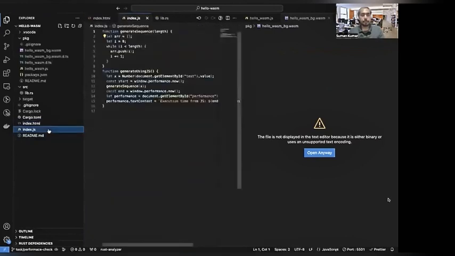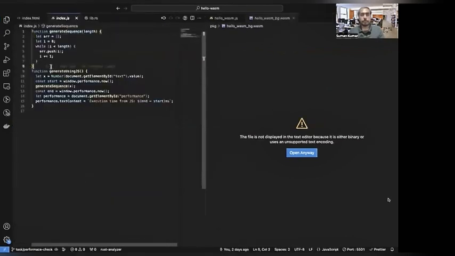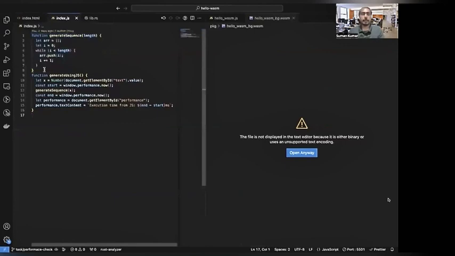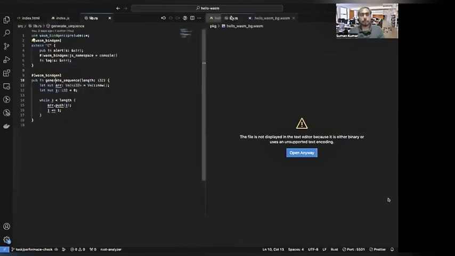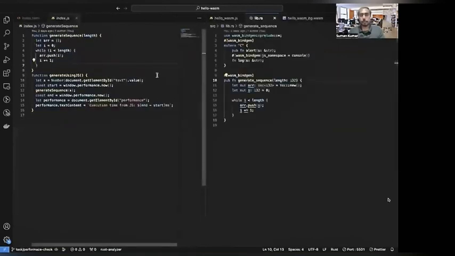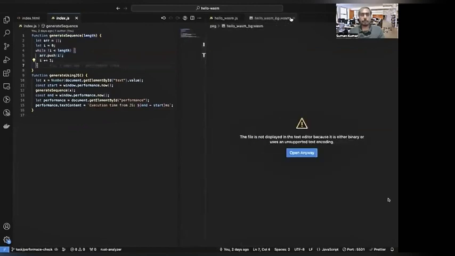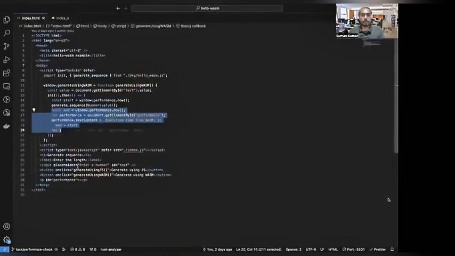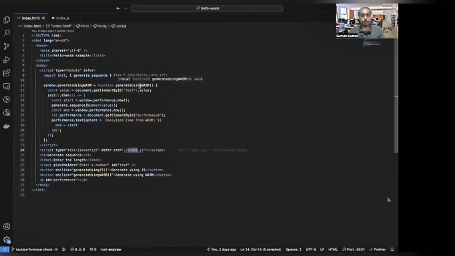And if you see, this is the index.js file, which is doing similar things as is being done in the Rust application for generating a sequence. There is not much difference if you see. Both are just creating an array of that length, which is inputted by the user. And yeah, it's just a simple HTML file where we are just importing both our JavaScript and the wasm.js